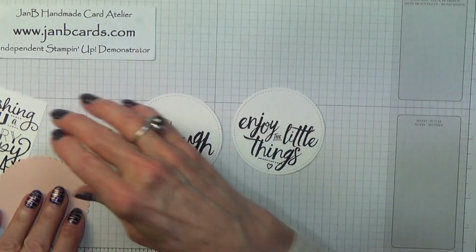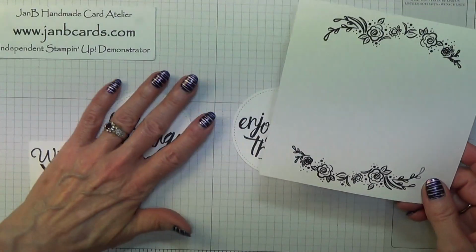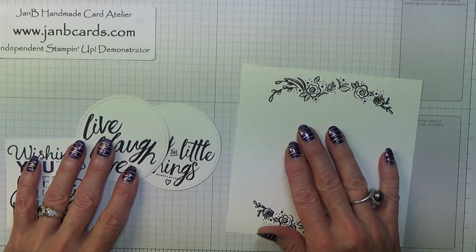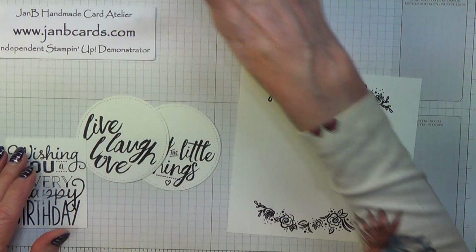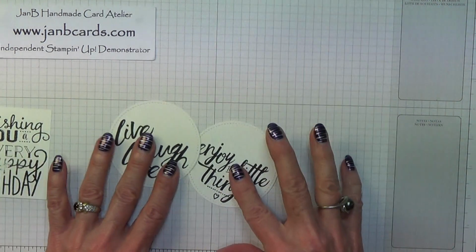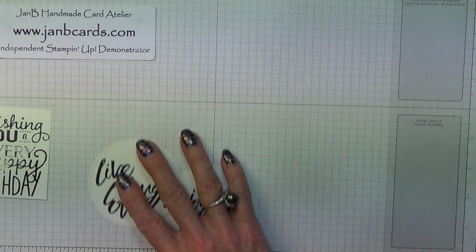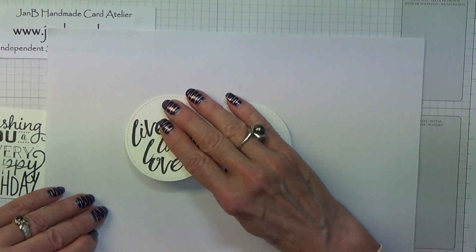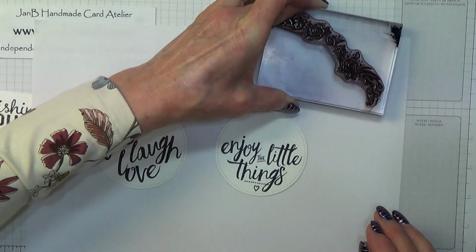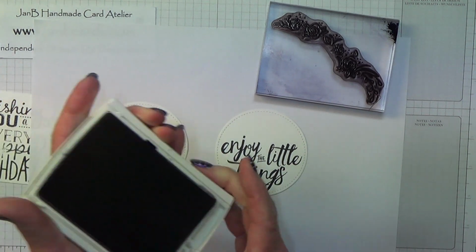Right, for colouring, this one, I'm not going to do all the colouring because, as I say, I've already got all these bits prepared. I just want to show you what I do. We're going to do a stamping first, aren't we? We do these. Right, I'm using a scrap of paper and bring my die back again. My stamp back again, and my ink,